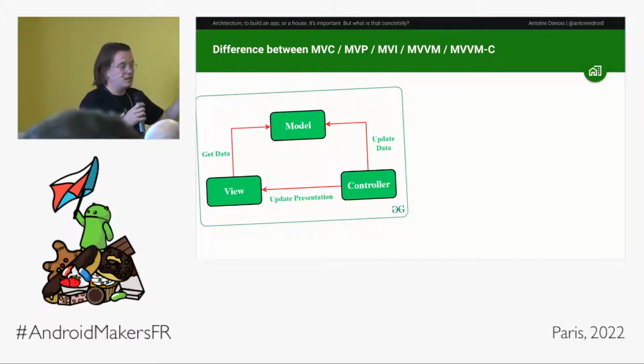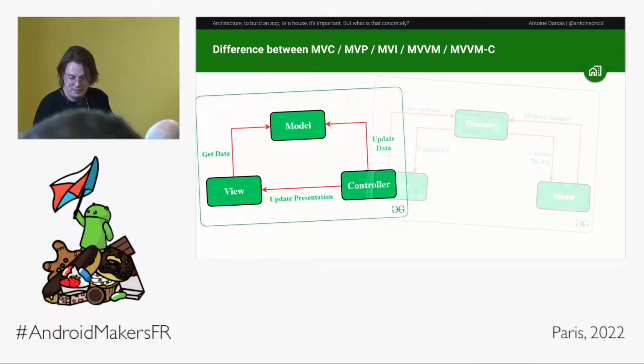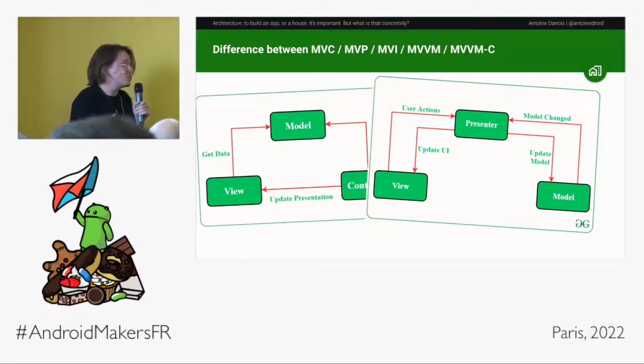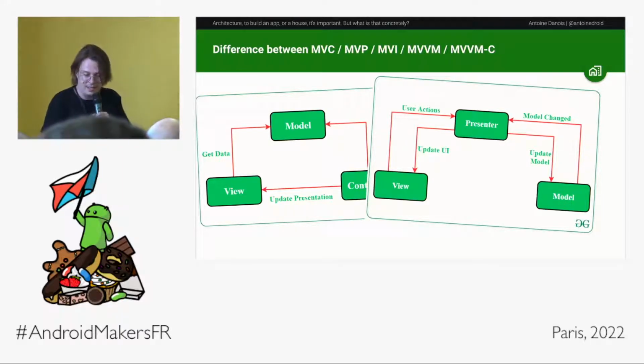In the model, you are going to have your data, the storage, you're doing the requests to the server, etc. And the controller is dealing with it, and the view is just showing the data. With MVP, the presenter handles the change of data, applies the logic, and just shows what needs to be shown to the view. The MVI is kind of the same, but with intents.